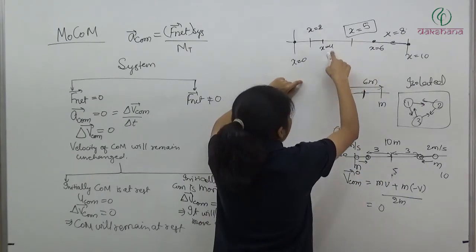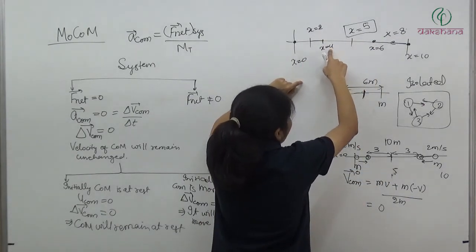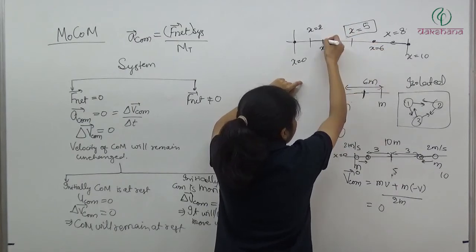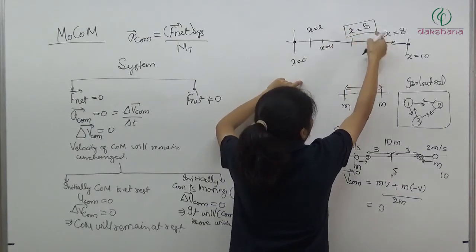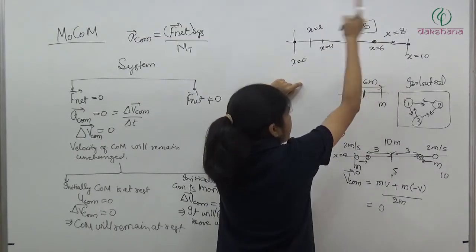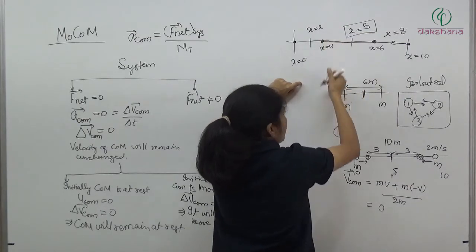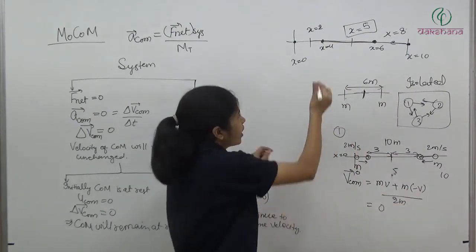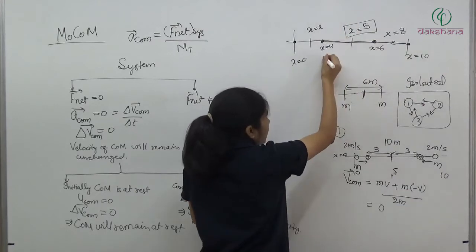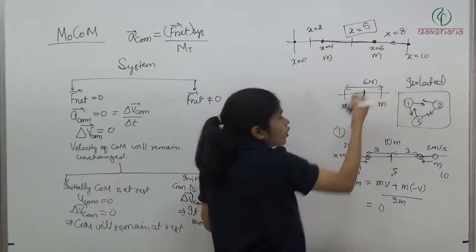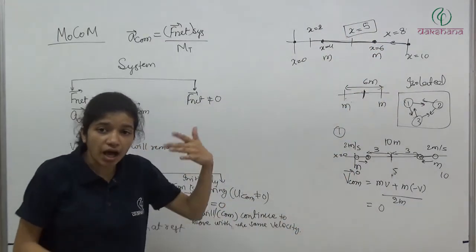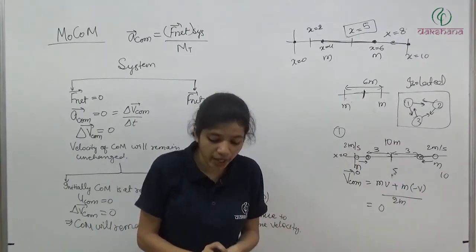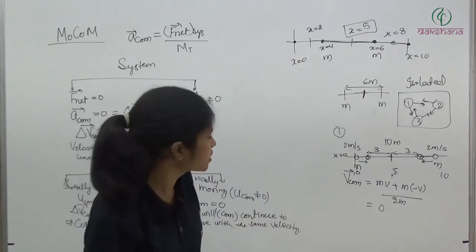After 1 second ये क्या करेगा? x is equal to 4 से ये पहुंच जाएगा x is equal to 6 पे, ये यहाँ पहुंच गया, और ये x is equal to 6 से 2 मीटर चल के कहाँ पहुंच जाएगा? ये यहाँ पहुंच जाएगा. सेम सिचुएशन हो गई. Now again ये मास पहुंच गया है यहाँ पे और ये मास पहुंच गया है यहाँ पे. So basically individual particles are moving, but center of mass is at rest.